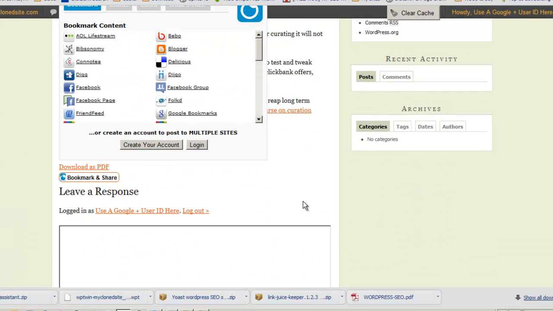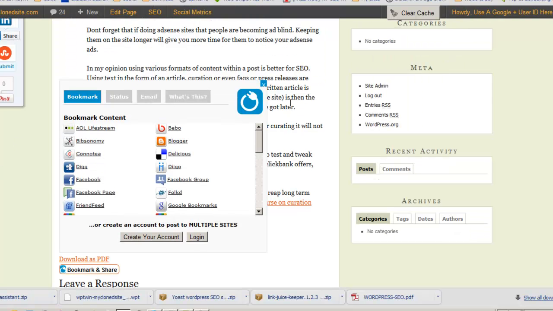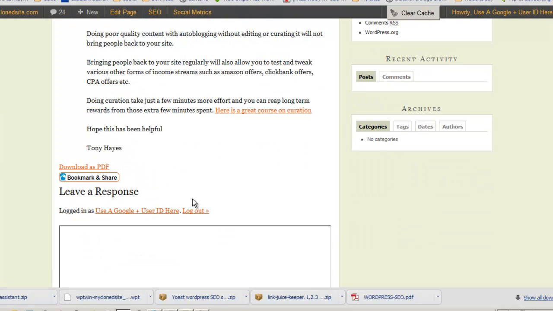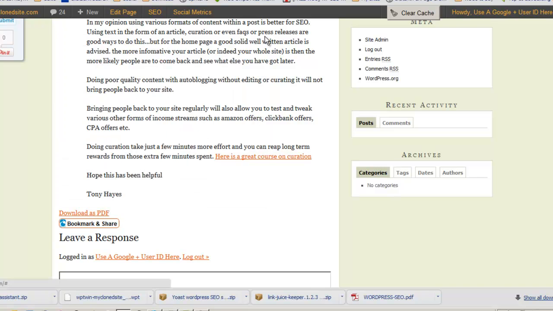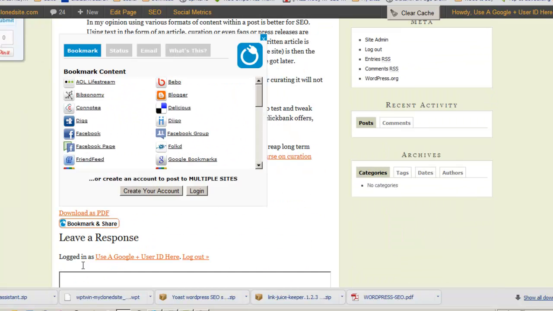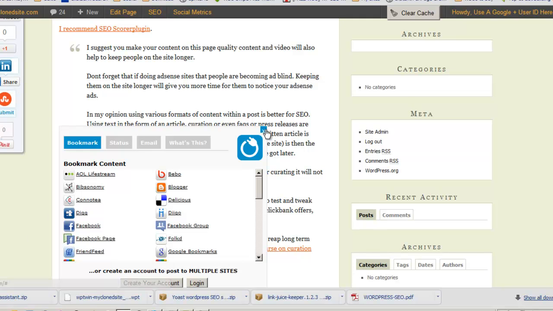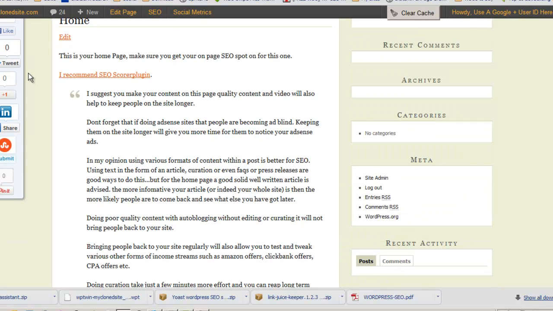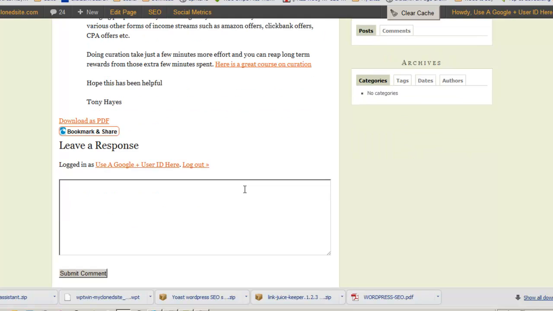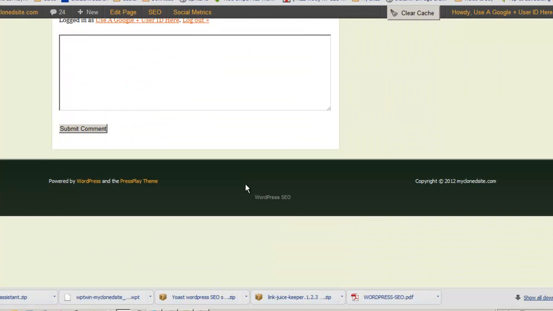Sometimes what we do find is that, hold on a second, with these kind of plugins, for example, they can take a lot of space otherwise, or they're not so obvious, right? So you've got that in two places. You can choose one or the other. Use this one or use this one here. I prefer basically to use this one here down the side. It's just easier for people. It's not completely in the face, but it doesn't distract at the bottom from comments and stuff like that. Okay,